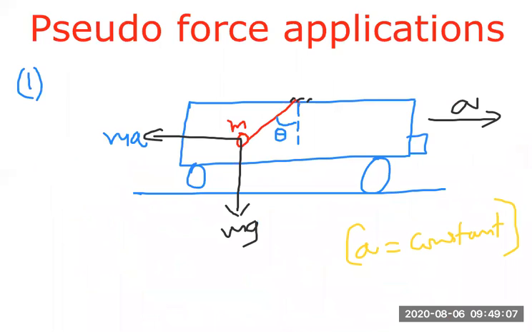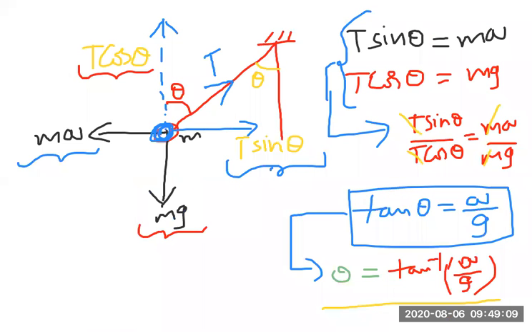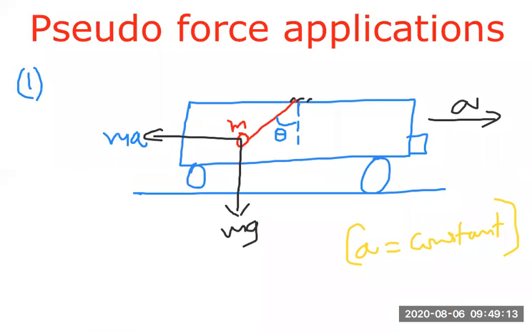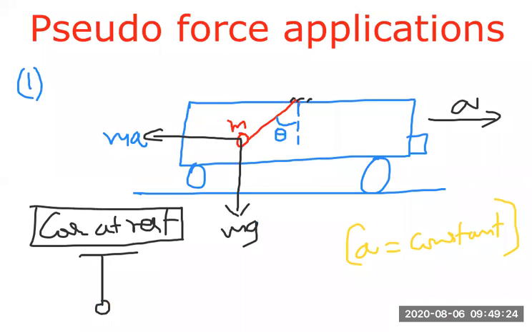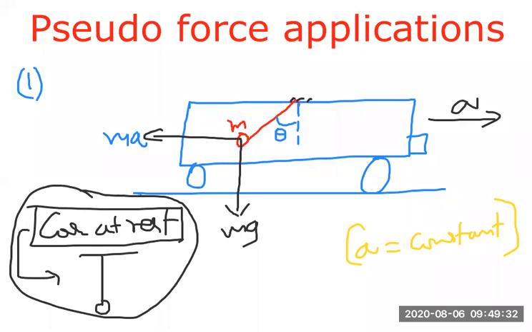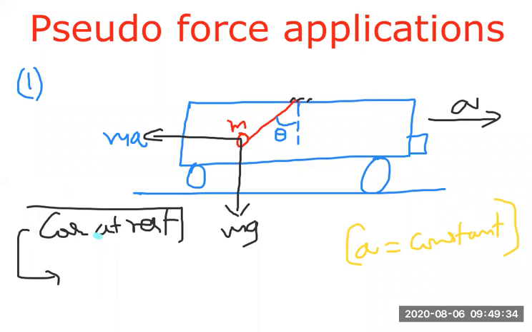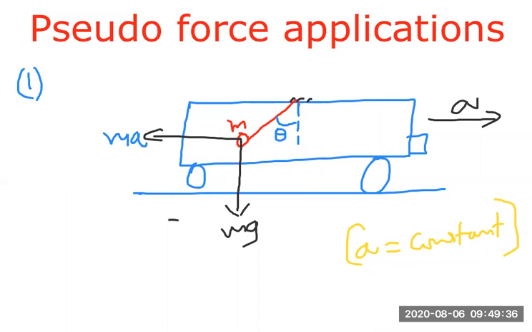Then the pendulum is making an angle. Initially, what is the position of the pendulum? First, the pendulum starts when the car is at rest. Car at rest means the pendulum is suspended vertically down like that. Not only car at rest, we will give conclusions about the car at rest and the car moving with uniform velocity and all those things. It will be better so that we get complete command on the topic.